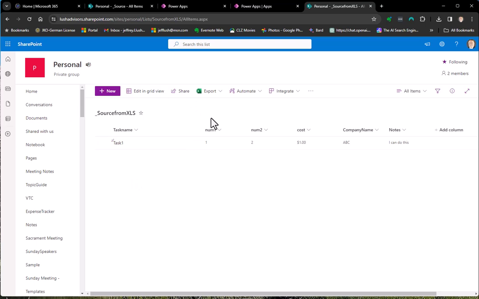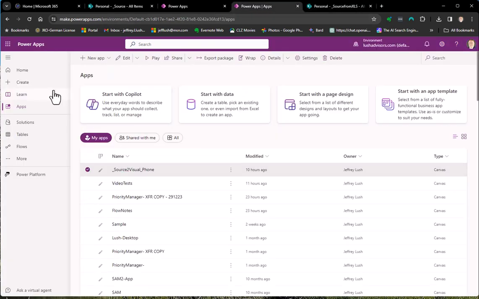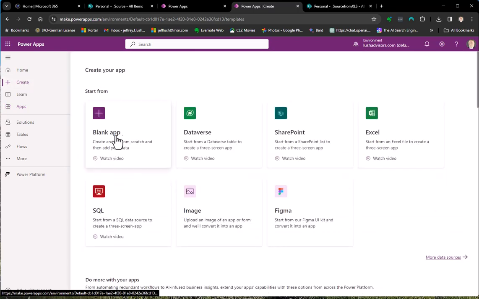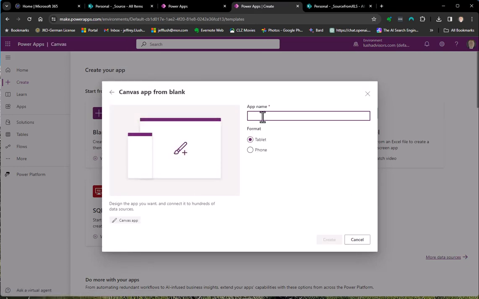Let's go to your waffle again. Go to Power Apps, and it's going to open up right to here. And then we're going to say create blank app, create new app. Okay, so I'll pause for a minute, let you catch up. We went create, and then we selected blank apps, and then we're going to select create right here. And here, we're just going to put this as video